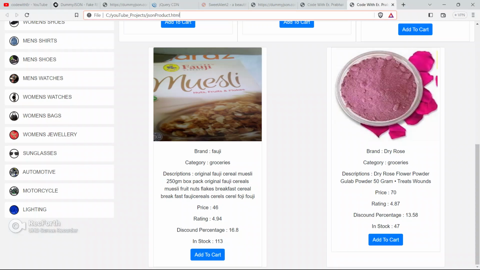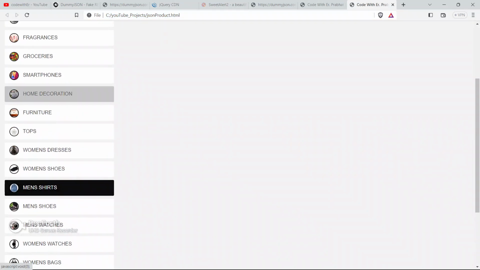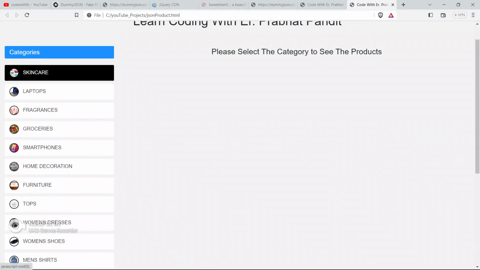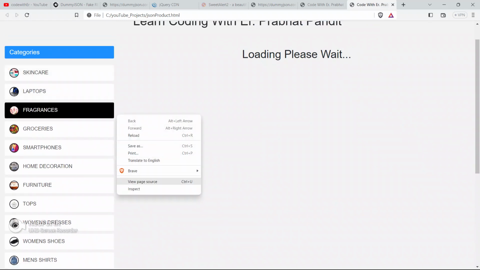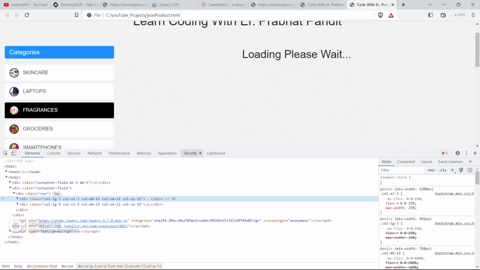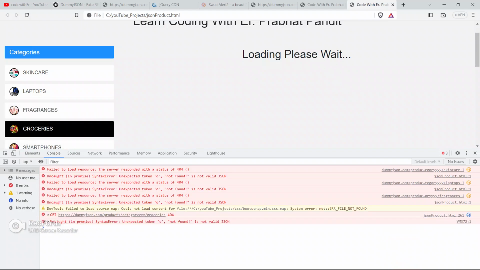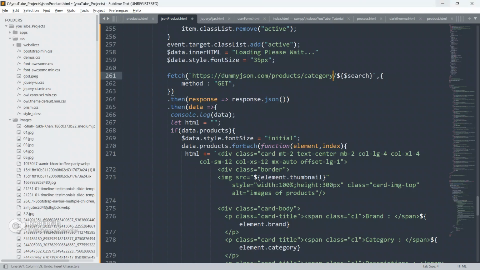Just change this to YY, save your code, go to the browser and refresh your page, see if we get any kind of error or not. We are getting error, but this else block is not being executed.